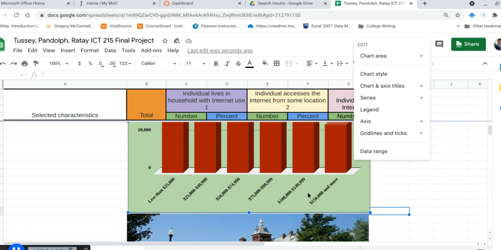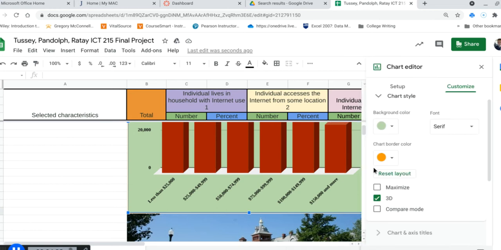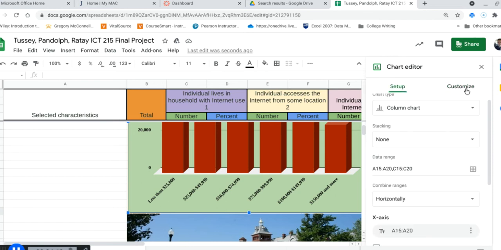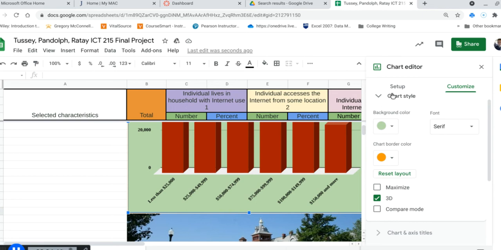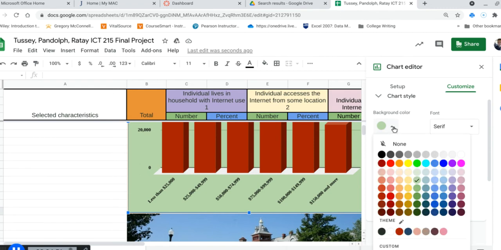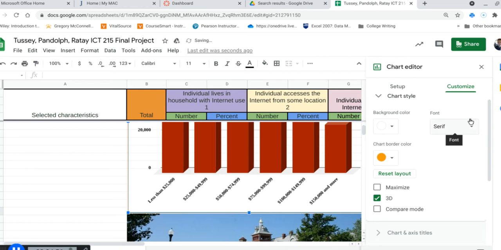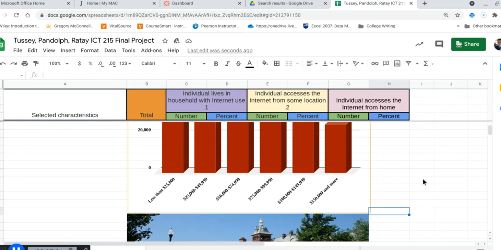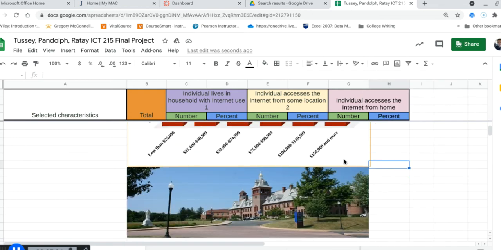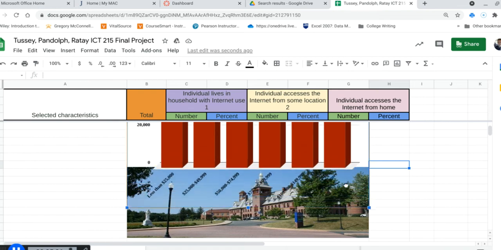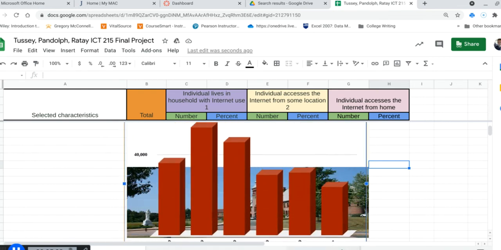So here I selected my chart and I'm right clicking, chart style, and then if it's not on the customize tab, if it's on setup, just click on the customize tab. You should see the chart style, some background. You see the background color that's there. I'm going to change that to none, and then close this out. And now I'm going to take my chart and drag it down over my